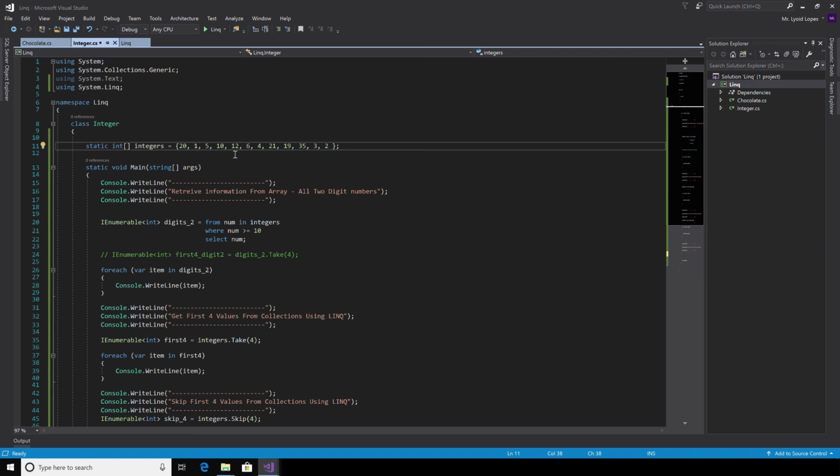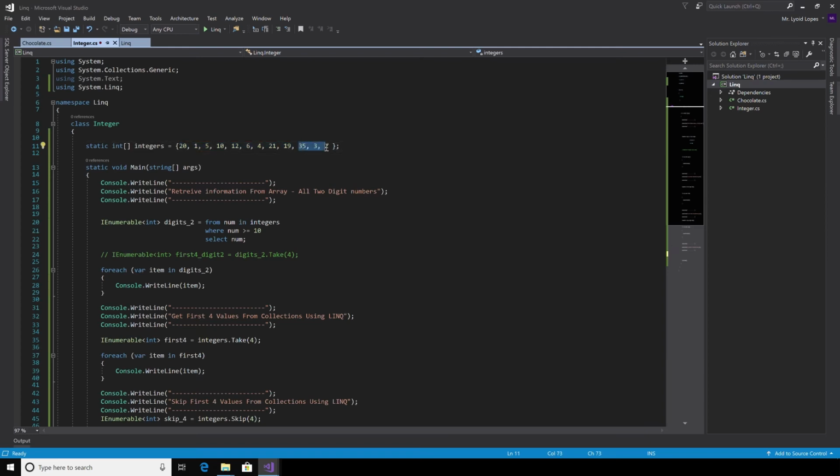Now in this particular requirement, I'm not sure how many values I want, but I know I need to get a certain amount of values until 35. So I have an integer array and I want to get all the values up to 19, but I want to skip 35 and the values after 35. To do that, I have a query operator available within the System.Linq namespace. It's called TakeWhile. With the help of TakeWhile, I can get all the values until I reach 35 and skip all the